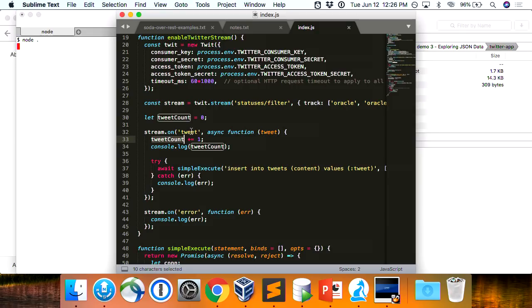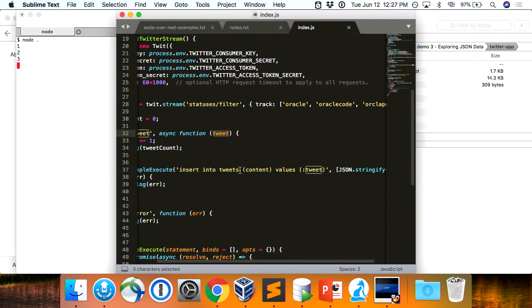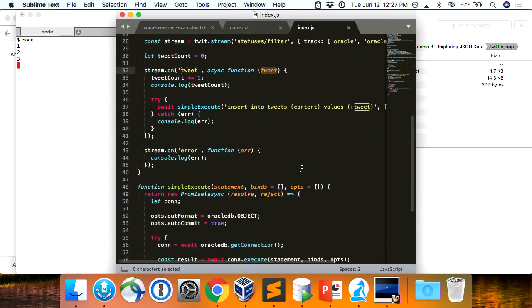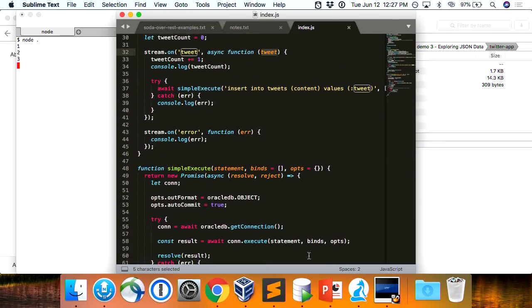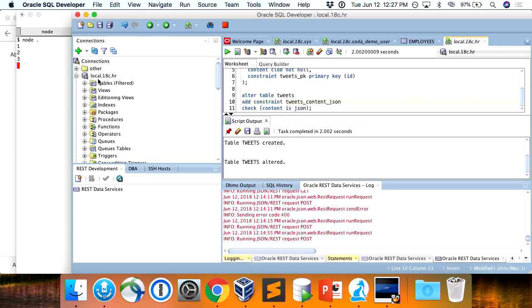So when a tweet comes in, what should happen, I'm incrementing a count and logging that out. So we're seeing it now. We're seeing tweets coming in. And then I'm just taking the tweet that comes in, and I'm saying insert into that table I've created, this tweet essentially, just binding that in. And that's all it takes. And so at this point, you can see